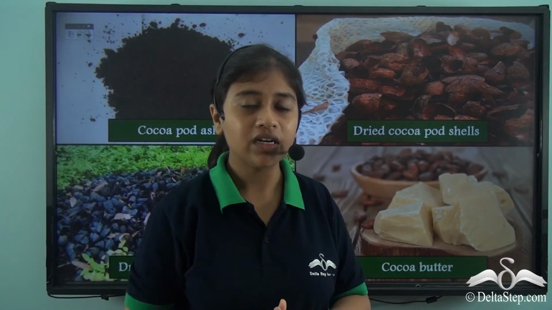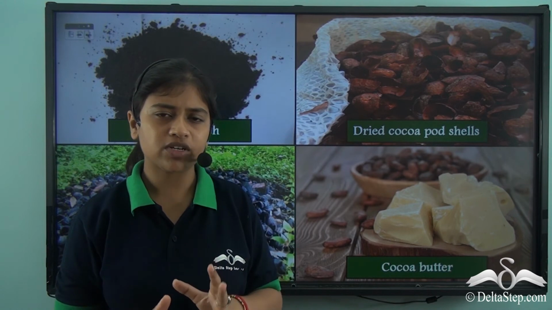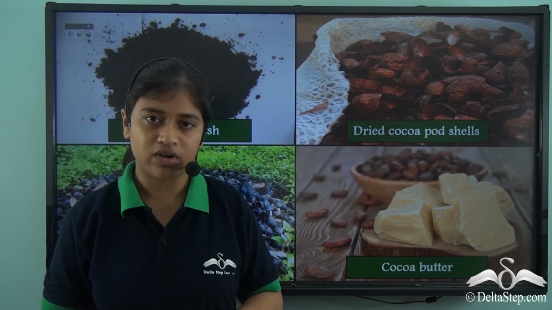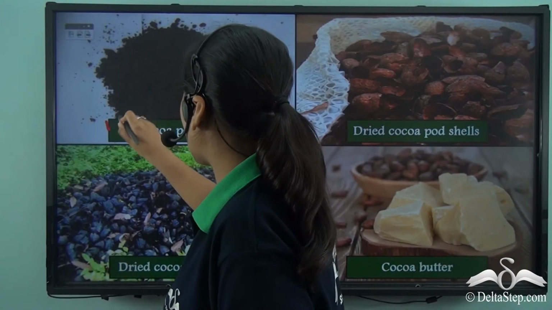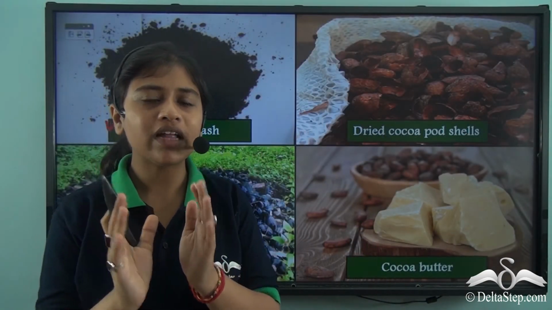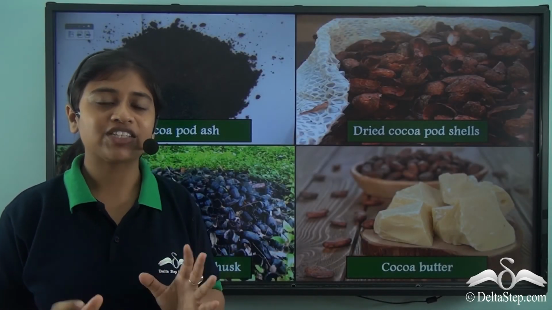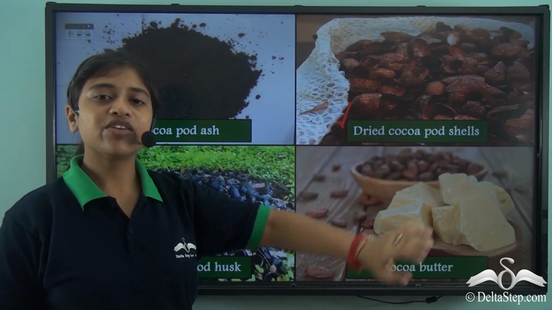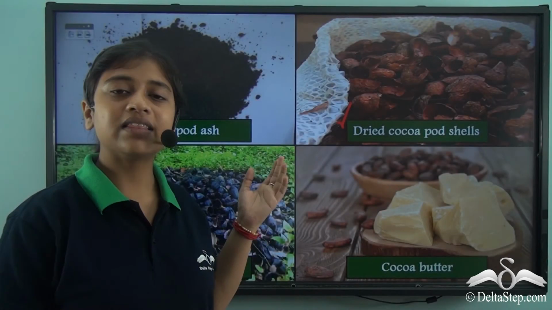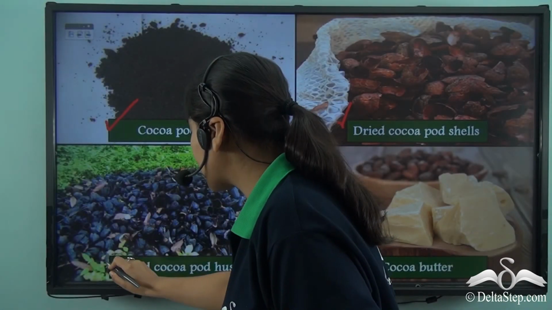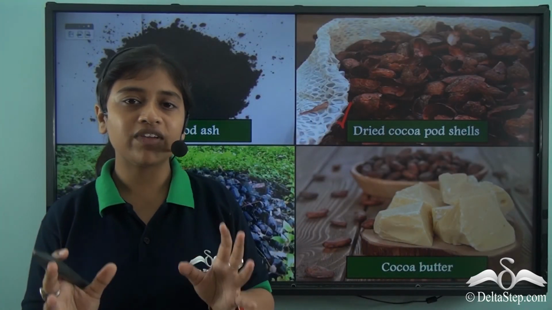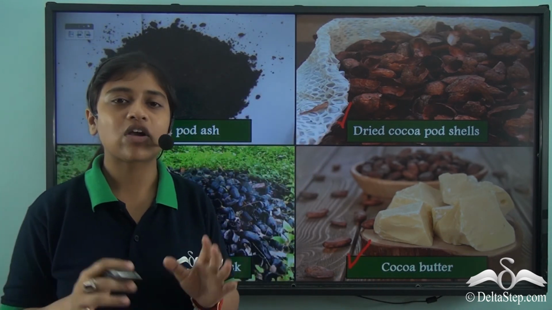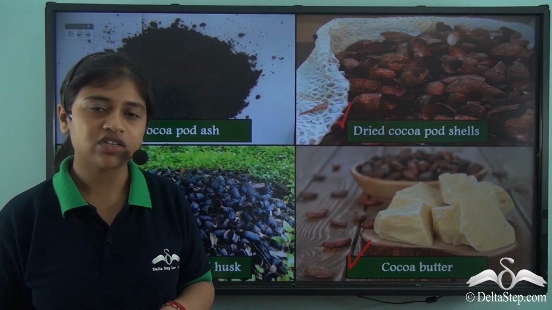Besides the cocoa powder, the fermentation and the washing process of the cacao beans also provides us with a number of other important byproducts, just like the cocoa potash. The cocoa potash is believed to be used for the manufacturing of soaps. We also get dried cocoa pod shells, and they are used as fertilizers. Other than these two, we also get dried cocoa pod husk that is used for feeding animals, and finally we get the cocoa butter that is used in cosmetic products and also for making sweet dishes or any other food.